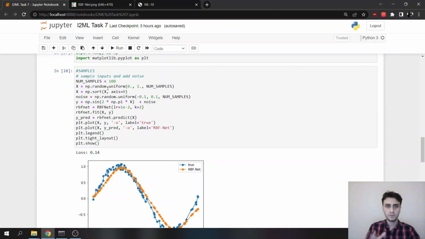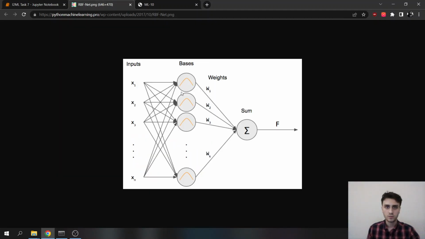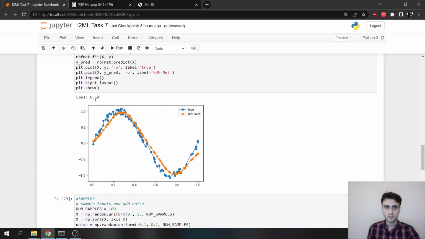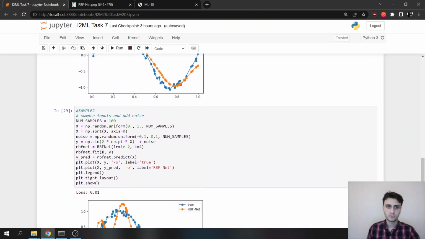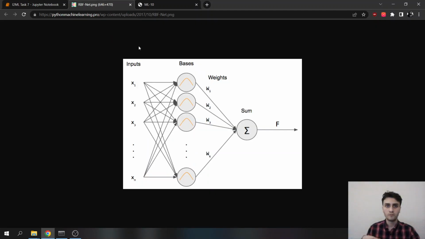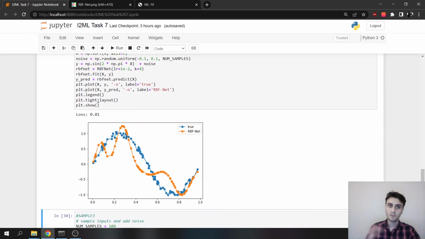So we will use a random sinusoidal input and add random noise to it. And in this one we are using 2 bases, so 2 neurons here in this hidden layer. You can think like that, and it creates 0.14 and creates this. It's not really bad, but I want to try something else, so I made it 4. So there are 4 neurons here. It's more complex. If the data is more complex, you need to make the model smarter, more complex.